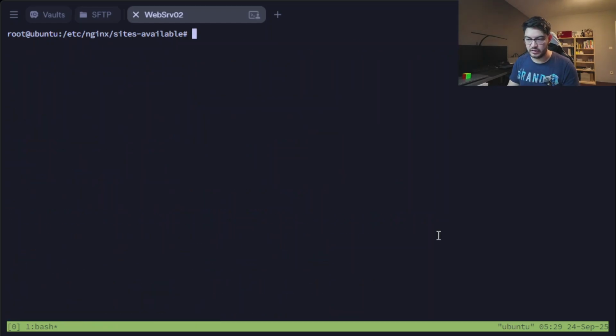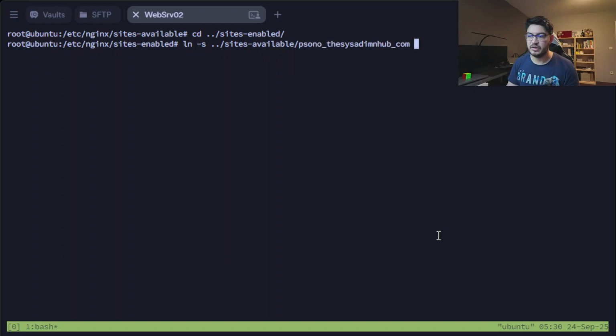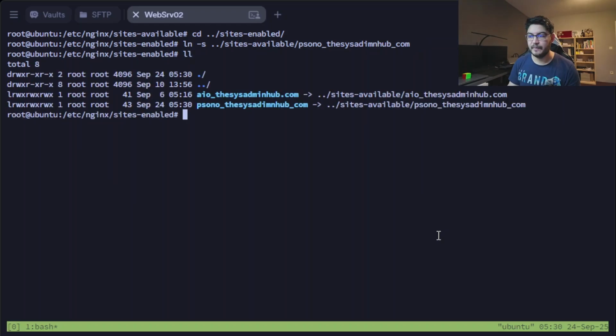Okay, let me just clear this up, and then we're going to go back a directory into sites-enabled and make a symbolic link with ln -s, and the original file is in sites-available called Psono.sysadminhub.com, and I want to keep it that way. So now we have this symbolic link going to this config, and all we can do now is